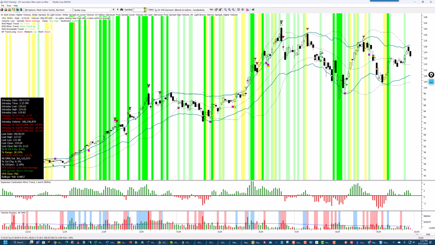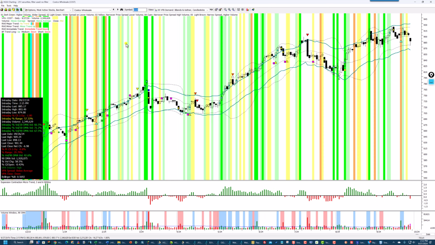Okay, let's take a look at something else. Costco, I believe, reported. And you can see all the positive demand signals here. And then it's selling off the past couple of days. Looks like buyers are coming in today. But here's your x-ray of the buy signals. Let's see what it looks like